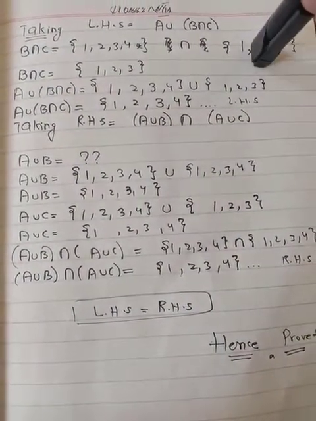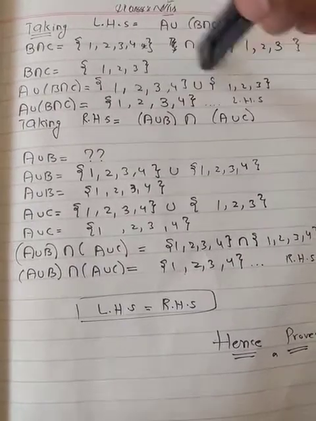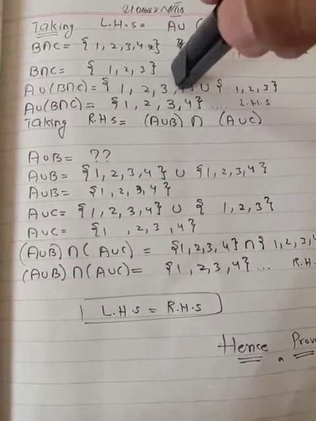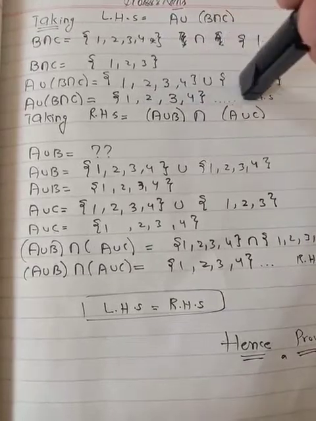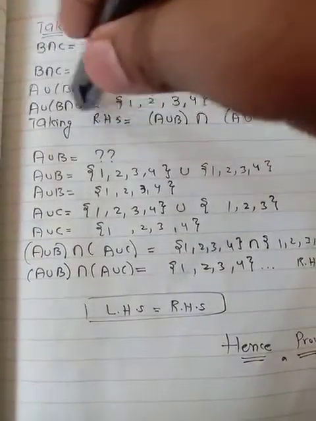We will put this term here and we will find the union. Union is the arrangement of both sets. So the answer is 1, 2, 3, 4. This is our left hand side. Coming towards the right hand side,